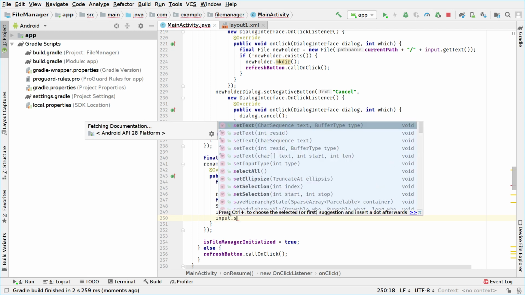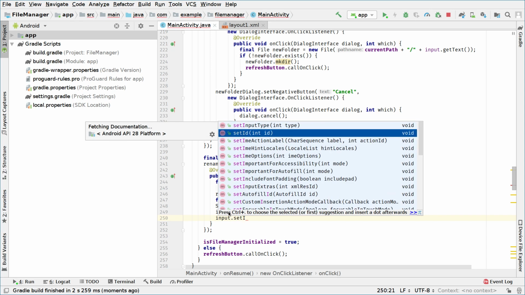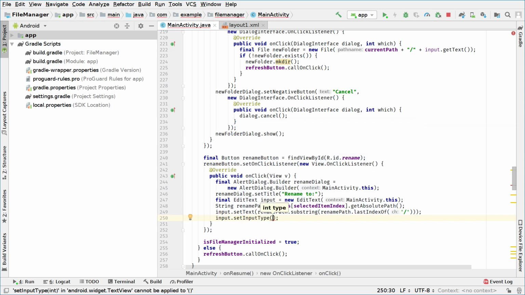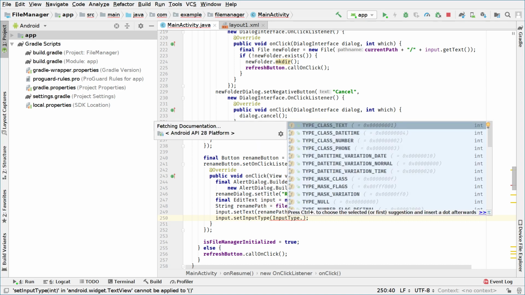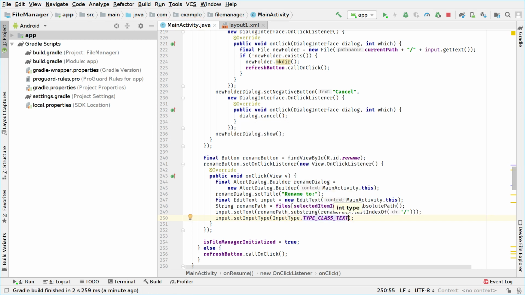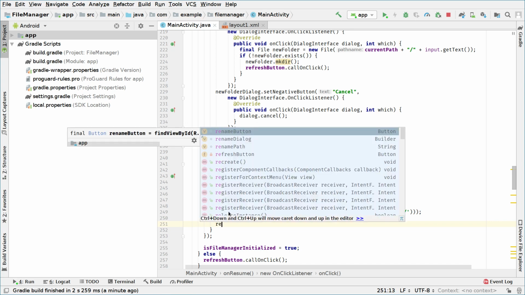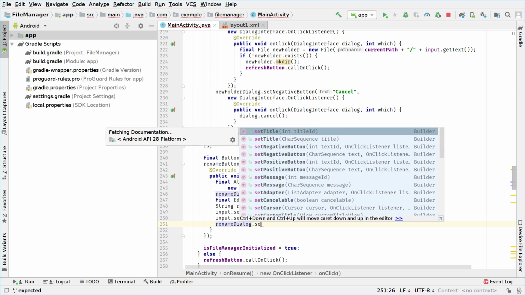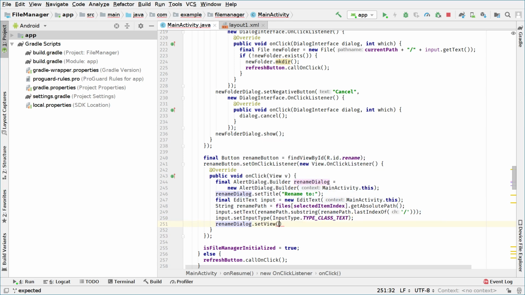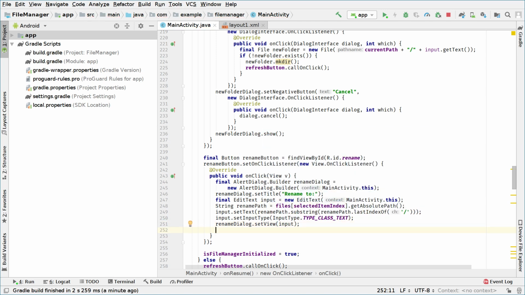Set input type, and the type of these will be InputType.TYPE_CLASS_TEXT, as you can see right here. Then on the next line we will say renameDialog.setView right here, and as the view we will set input. Okay, great. Now that we have set the view, we have to set the positive